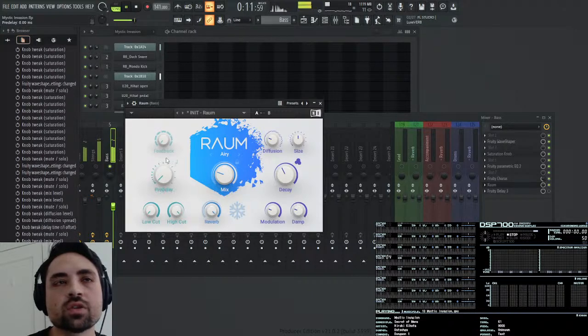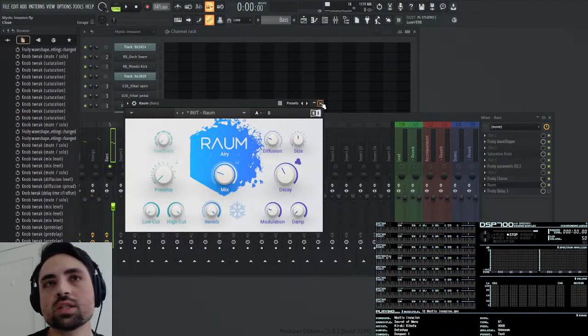No, that doesn't make a difference. Maybe feedback. No, that doesn't work. Or maybe no dampening. I think that helps, but it's good like it is.